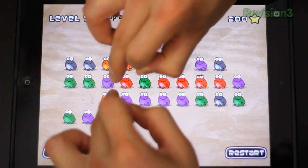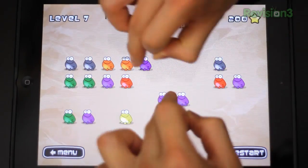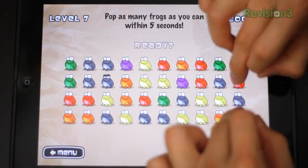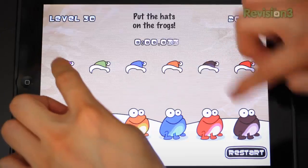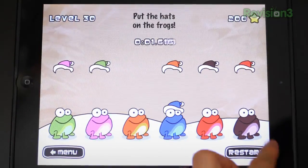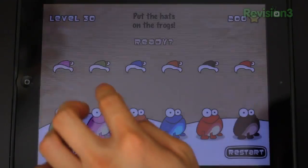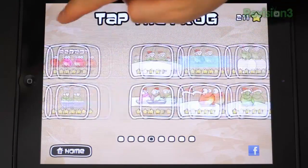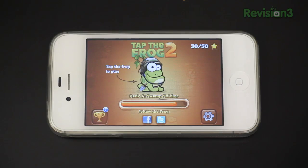From my experience, a huge downside would be that the gameplay isn't 100% responsive, which I think is key if tapping and responsiveness is the name of the game. I found that a lot of the times my taps wouldn't quite register, which affects my overall performance and score. Also, the amount of levels are quite limited. It won't be long before you're done tapping frogs and collecting stars,